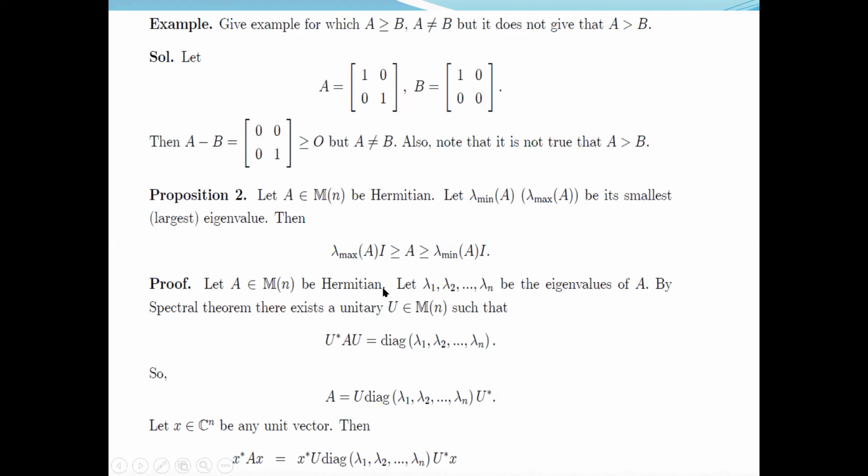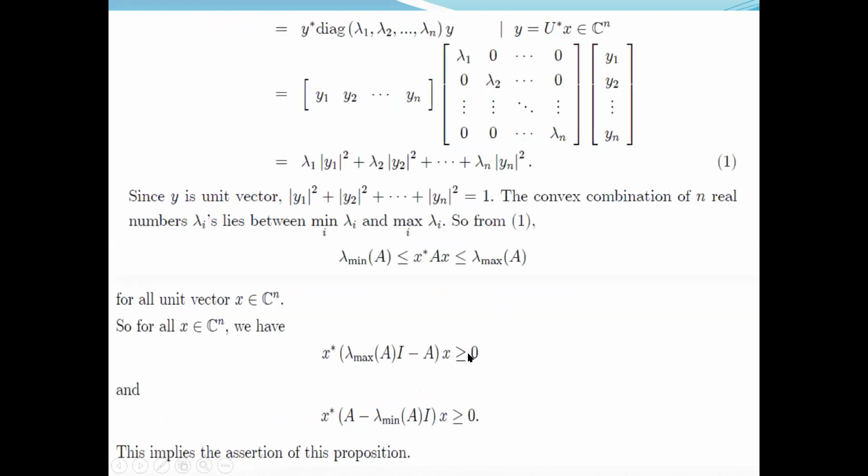A belonging to Mn be Hermitian. Let lambda 1, lambda 2, up to lambda n be eigenvalues of A. By the spectral theorem, there exists a unitary U such that U star AU is equal to this diagonal matrix. Then we can write, as we have already discussed, A in this form. If X is any unit vector, then this can be written as X star U diagonal U star X. Now put Y equal to U star X, we have this